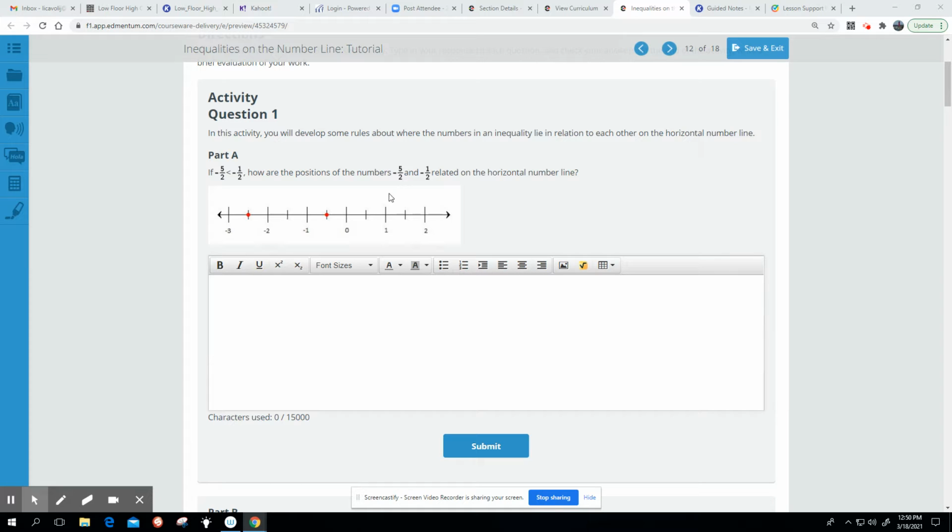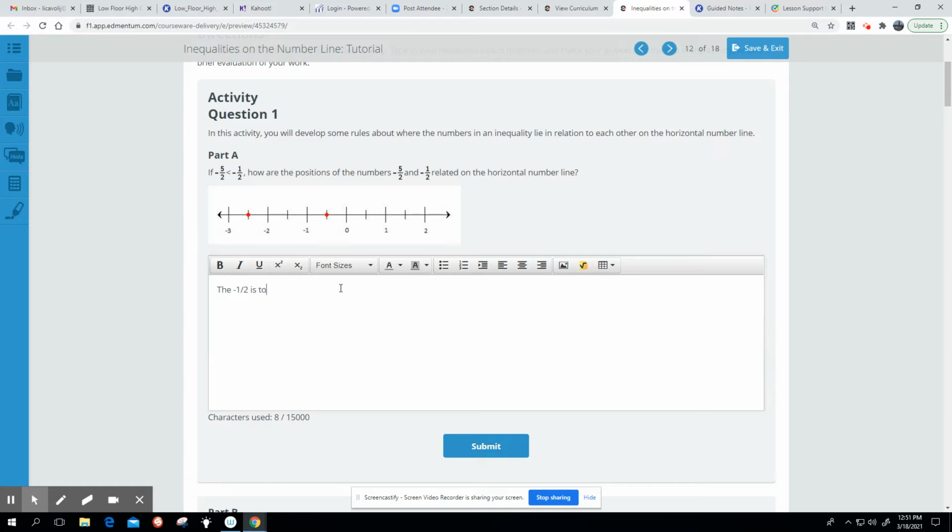So we know that the farther left we go, the smaller the number. The farther right we go, the larger the number. We also know that the opening to the sign less than or greater than is always open toward the larger number. So in this inequality, we know that -1/2 has to be the larger value based on the way the inequality is written. We also need to know that the farther right is where the larger number is going to be. So the answer should be something like the